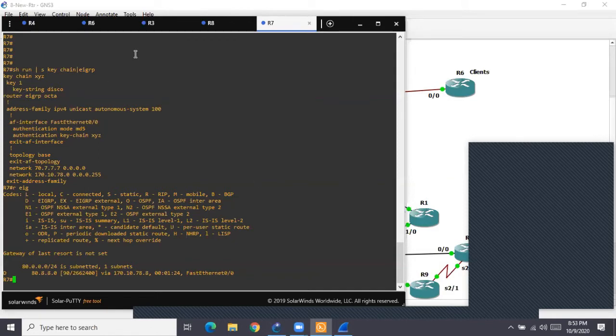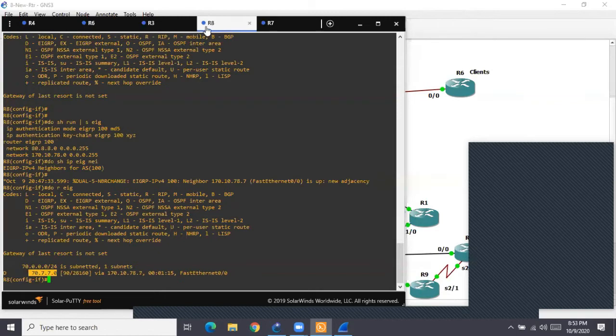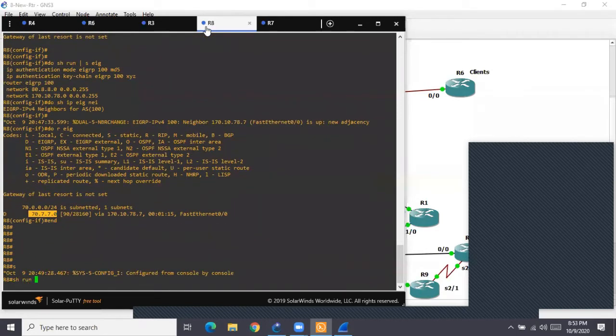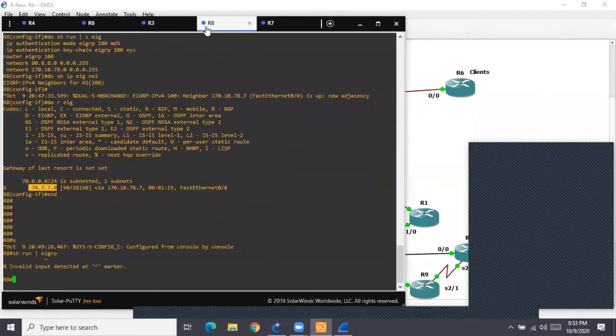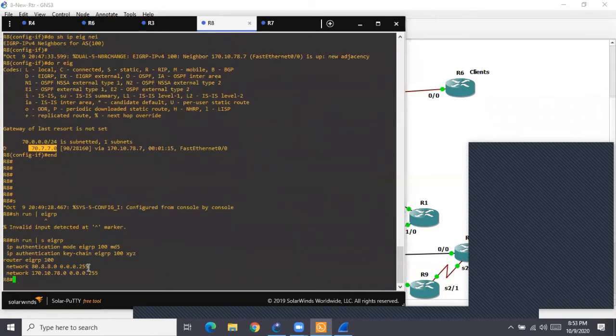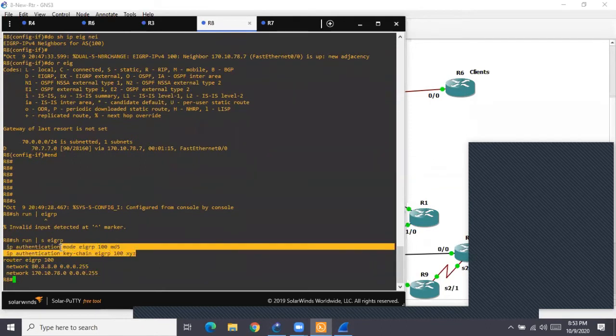So R8, comparatively, the configuration of R8 is what? Show run. If you see section EIGRP, inside EIGRP there is no authentication, anything, normal EIGRP. But the commands are where? On the interface. These two commands I configured where? On the interface.